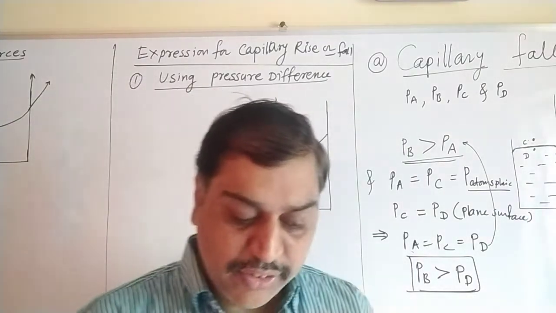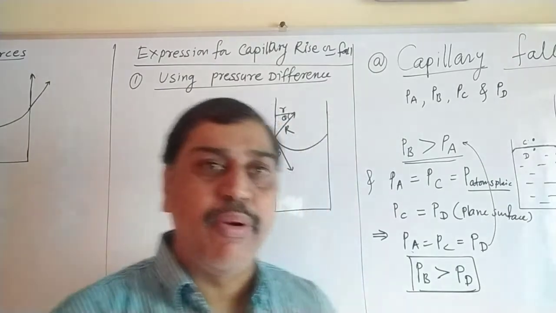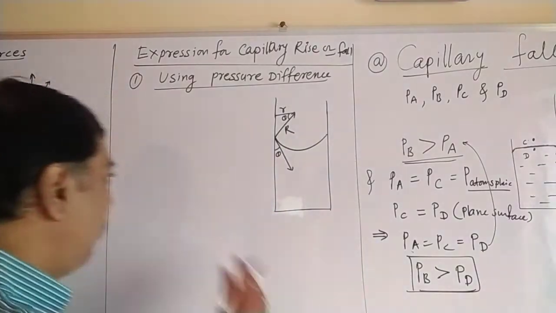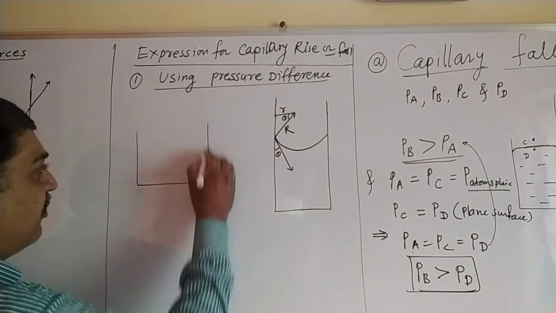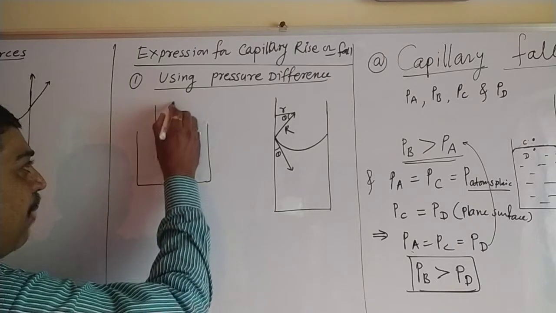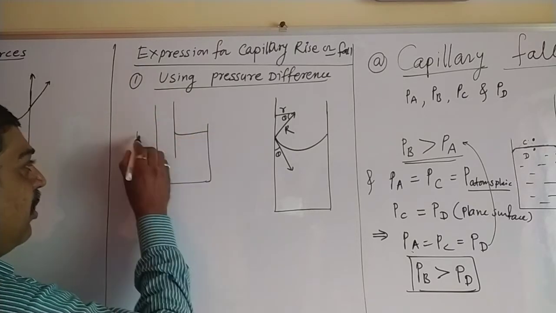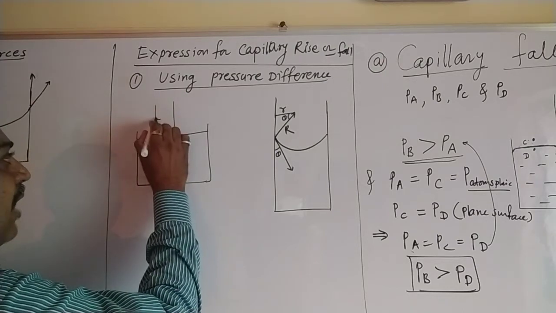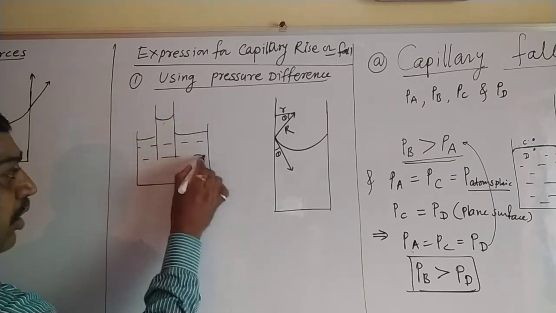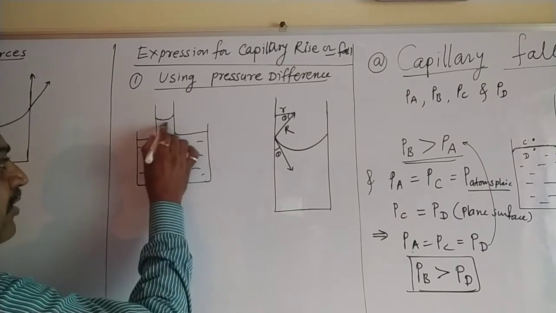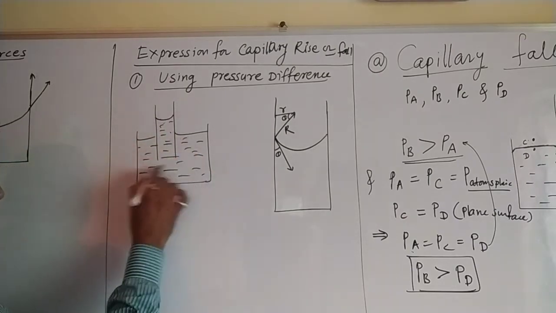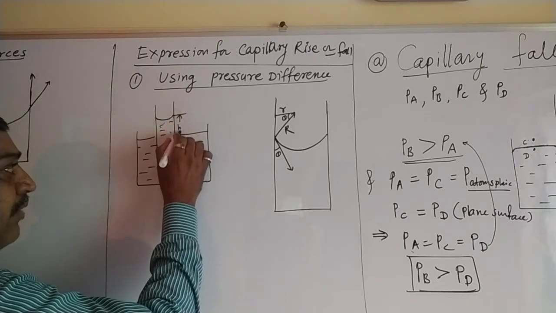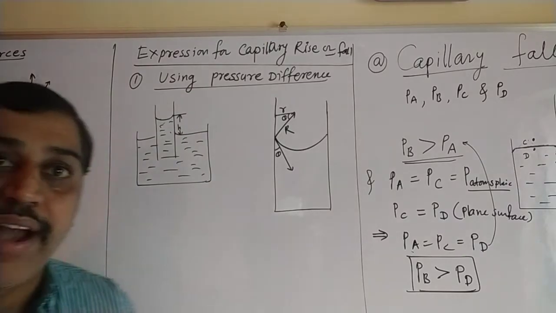So for that, first of all, we know that a liquid is kept in a container, suppose we have taken water kept in a beaker. So we will draw one diagram here. This is the liquid level, this is a capillary tube, and this is the normal level, this is again the normal level. And in this capillary tube, the liquid level rises because we have taken water in contact with a solid, that is glass beaker. In this case, this is the normal level, this is the actual rise of water level in the capillary. So this is height h, and that h we want to find out in this case.